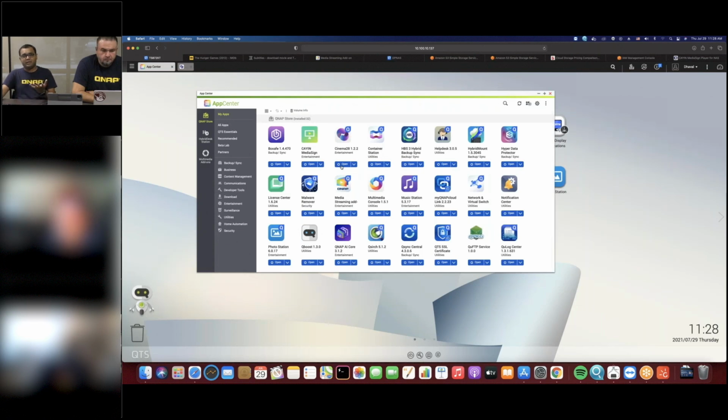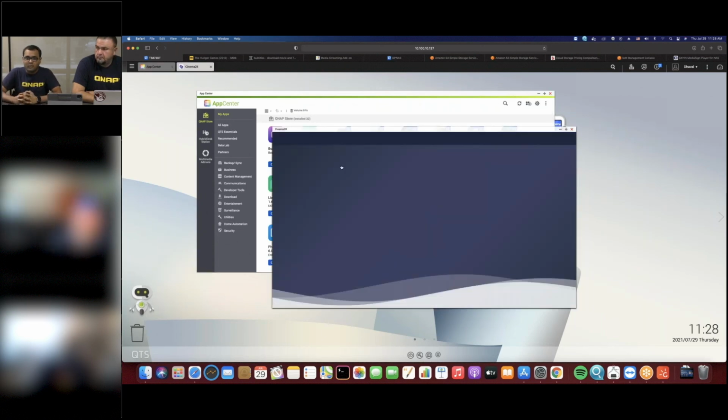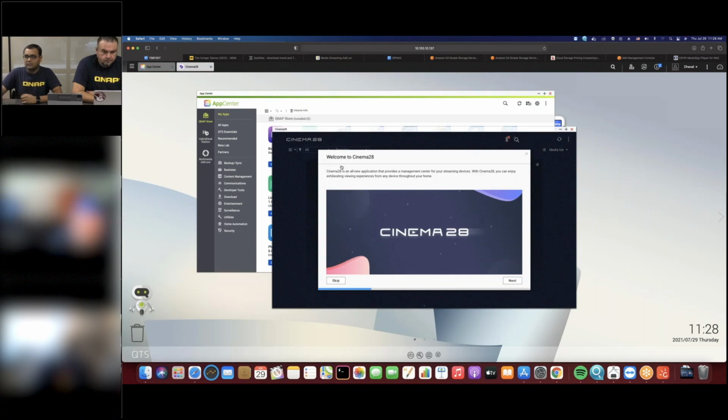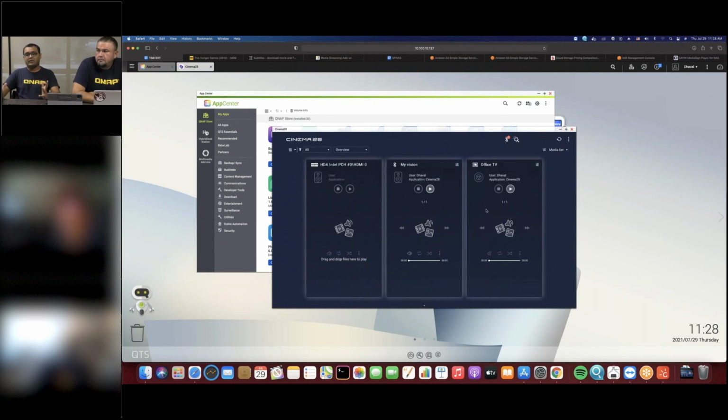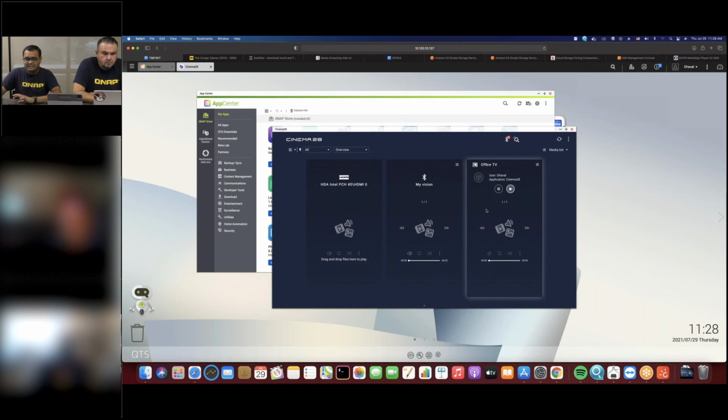And then before we go through the last option, I want to show something called Cinema 28. Cinema 28 is great for people who have home automation. What this allows you to do is consolidate all your streaming devices into one single application. So on this NAS, I have a